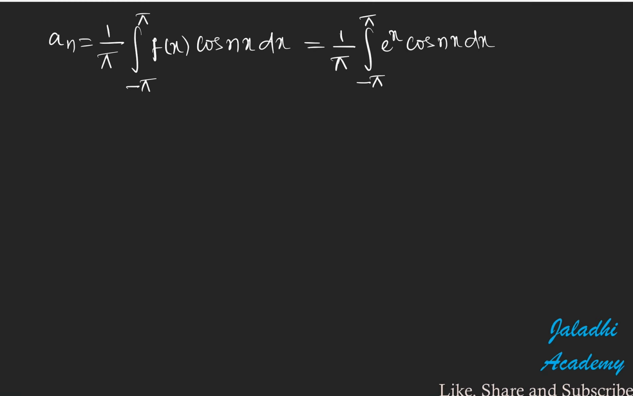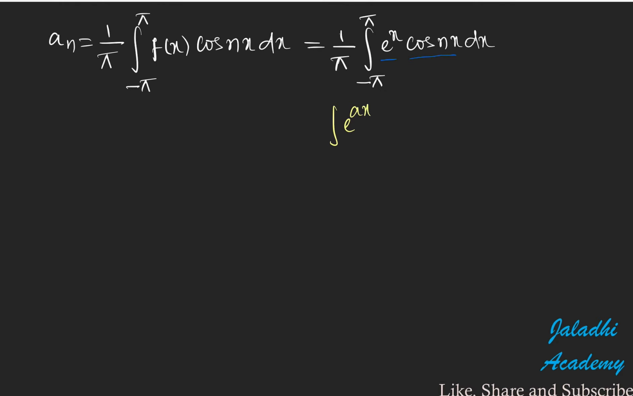Here the integration is a product of two functions. One function is e power x, the other one is cos nx. We can't apply integration by parts because the differentiation of either e power x or cos nx never vanishes, meaning the differentiation of either f of x or cos nx will not approach 0. So we will use the standard formula,